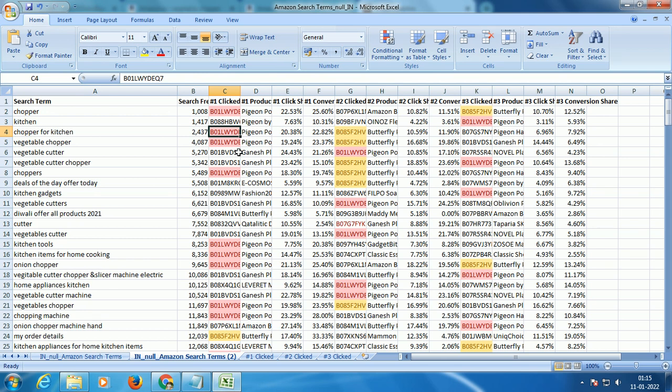Now the very purpose of doing this keyword research series is, one, you need to identify keywords to optimize, firstly to build your title, build your bullet points, and then put the remaining keywords in your backend search. That is one part of the story. One, to create your listing. Then you also need these keywords to run your PPC campaigns.